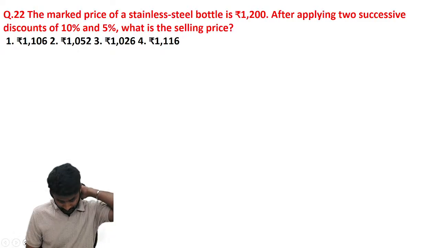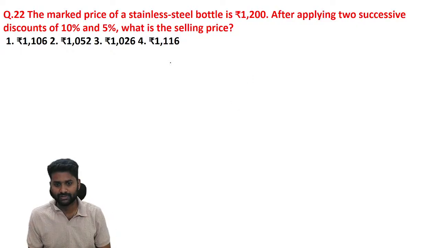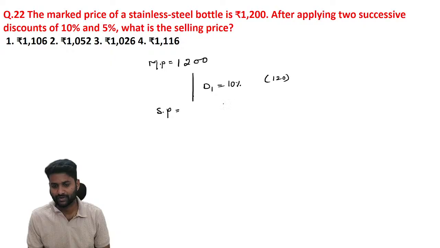Next. Again, see from the discounts concept, initially it is at 1200. Now the first discount is equal to 10%. So this is the market price. After the first discount, now 1200 minus 120 rupees. Now the value becomes 1200 minus 120 is